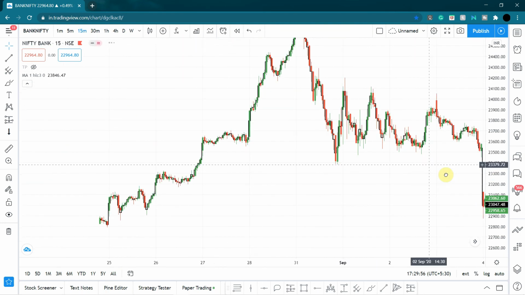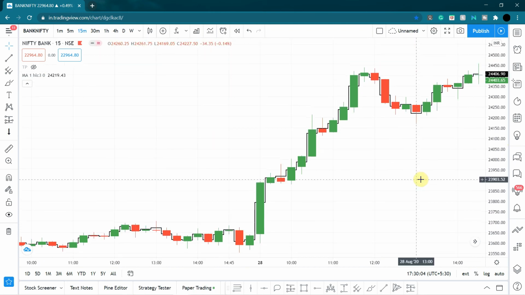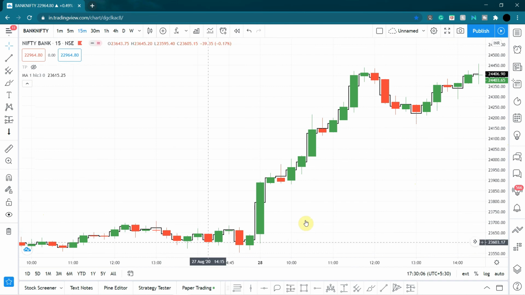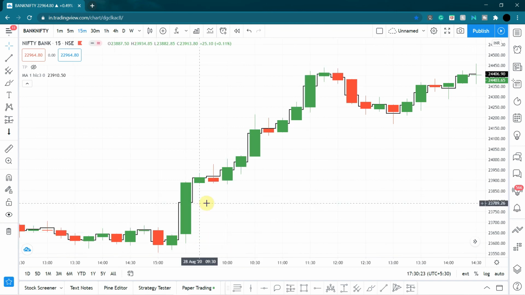Let's see in an uptrend what's going on over here. Okay, so I think there was some consolidation going on right over here, and then it gave a huge breakout. Now again, obviously if you wanted to enter at this candle's mean, the next candle did not come till the mean, so your entry must not have triggered. You must have missed your entry right here.